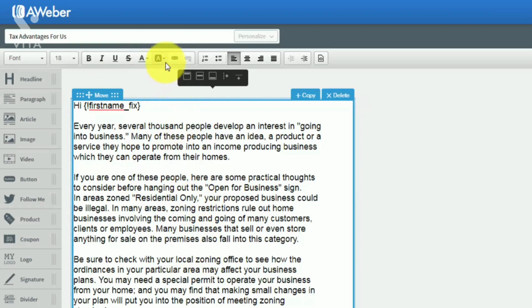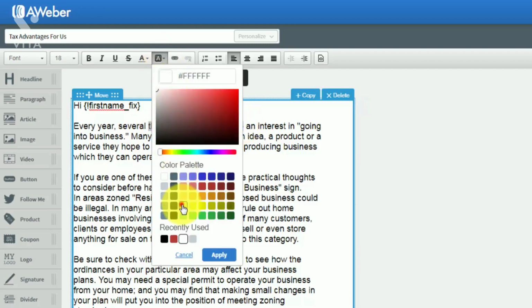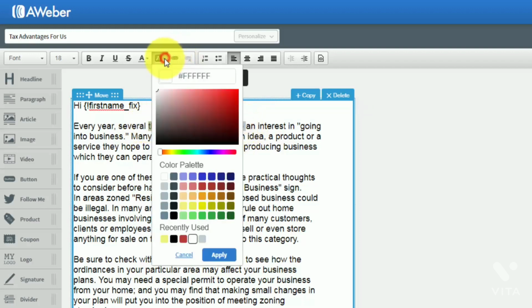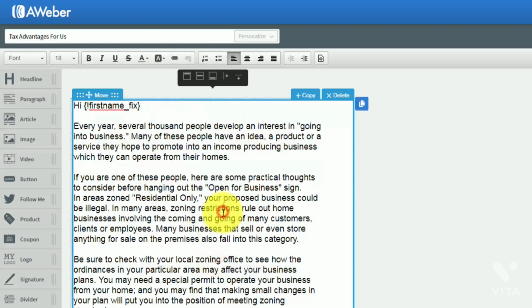You can actually highlight a background. So, for example, we could take this text and put a yellow background there, and you'll see that there is a background. We can take that background right back off and click apply. So you have all of the same text features that you would have inside of any word